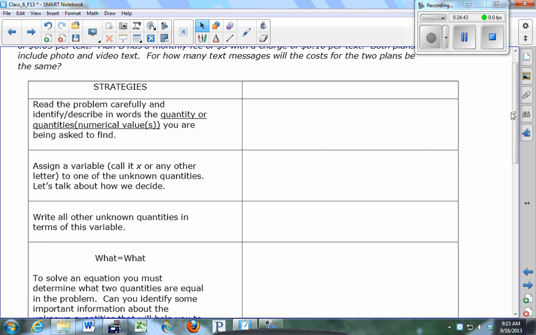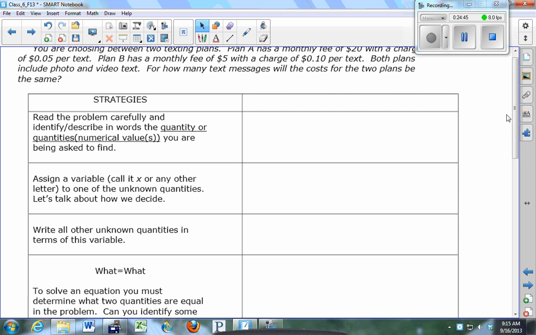Find out how many text messages will make the cost for the two plans the same. So you want to know how many text messages for Plan A and how many text messages for Plan B, right? So the number of text messages